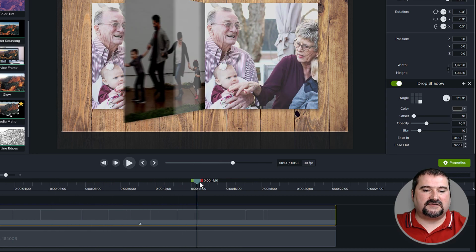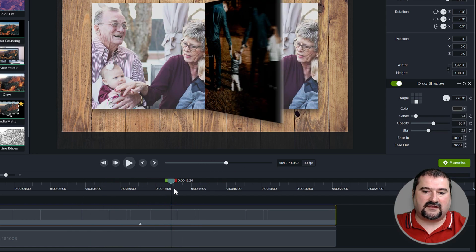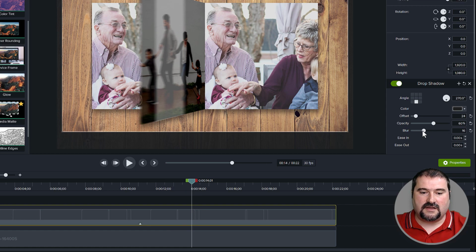But look, this is nice. You can of course adjust this, put it down there and maybe make it a bit darker or more blurry, just to give it a bit of depth. Look, now it's sitting on the table. Maybe it's not the best shadow. It needs to be not so blurry. There you go. It's not floating.